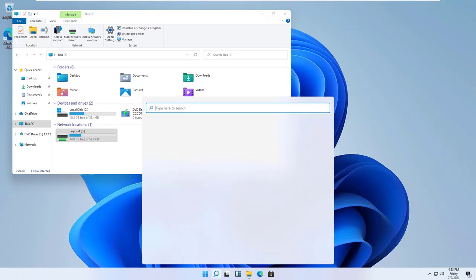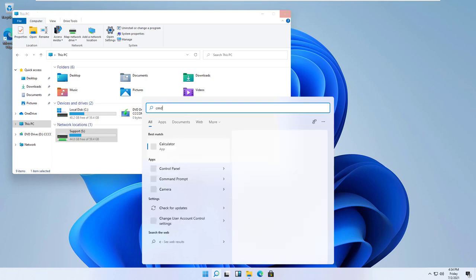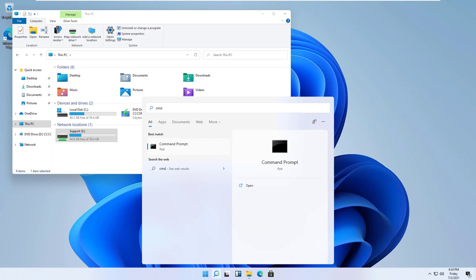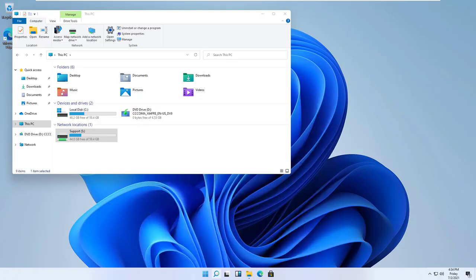Alam niyo yan, magta-type ka, CMD. Yung delayed CMD. Medyo mabagal din siya.